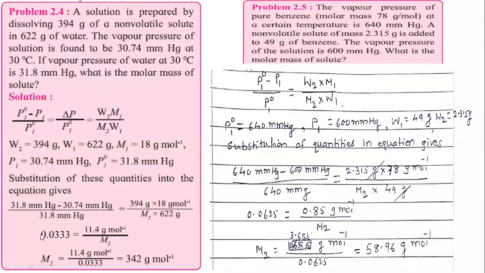This is a 3 marks numerical, remember. One mark is for the formula, 1 mark is for putting the values, and 1 mark is for the calculation. So at the time of the board exam, if you write the formula and correctly put the values, you get these 2 marks, and if you don't calculate, you lose 1 mark. For solving numericals, you should know the formula and what is given. If you find difficulties